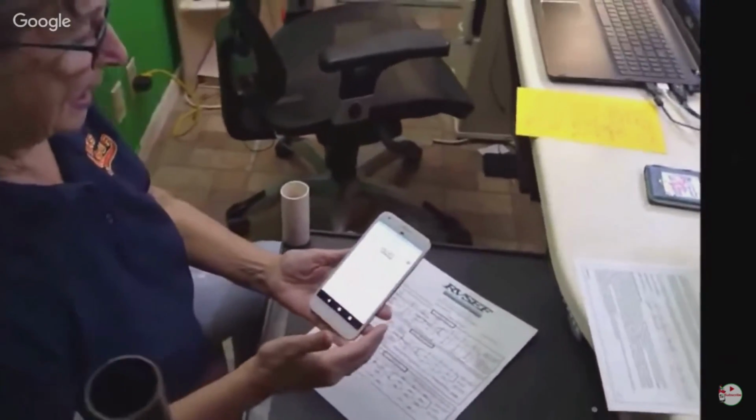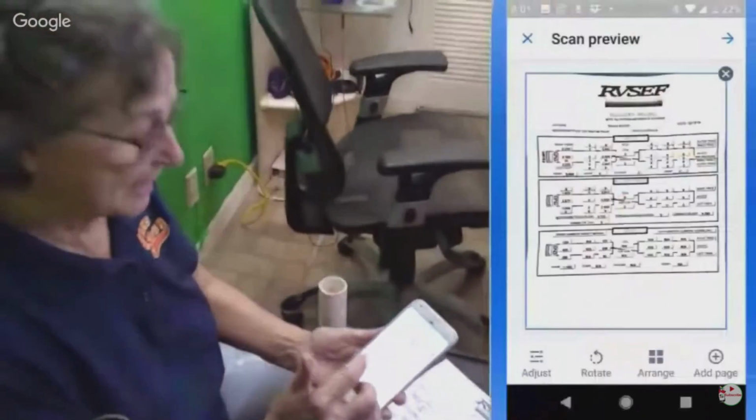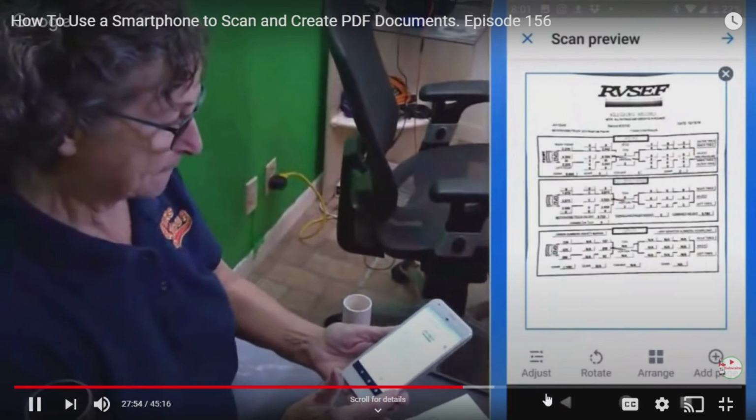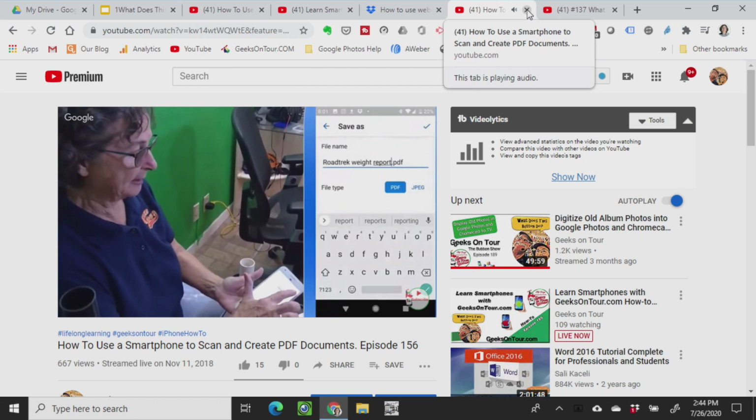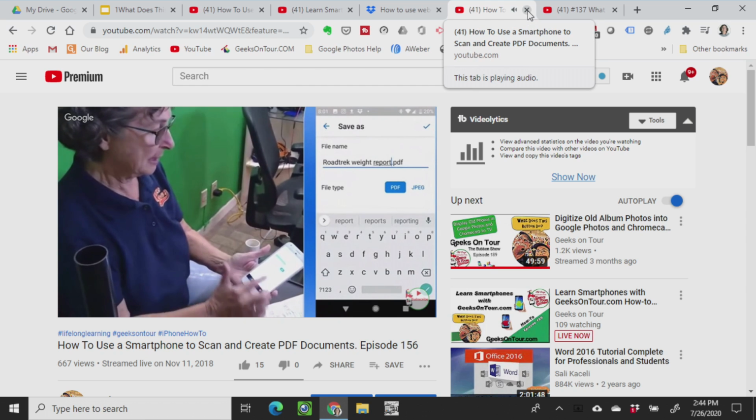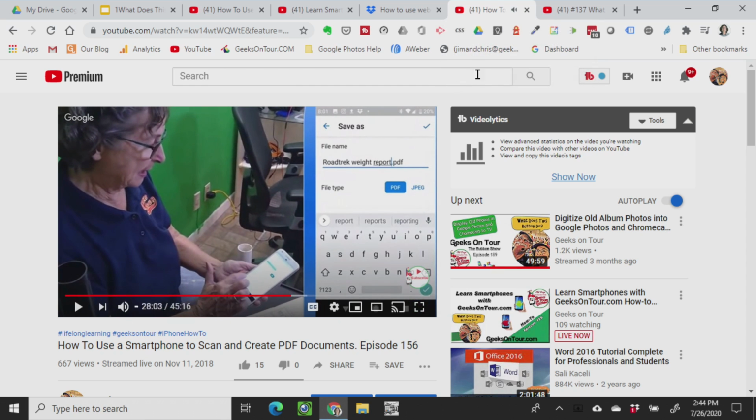And there I have it, and it is in PDF format. I'm done. I don't have another page to add, so just tap the arrow. I give it a name and